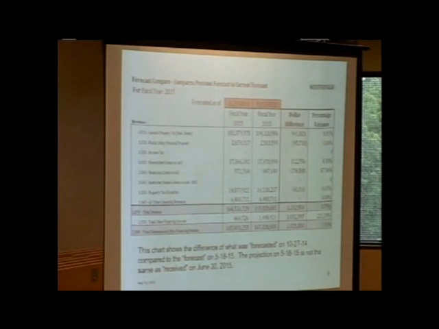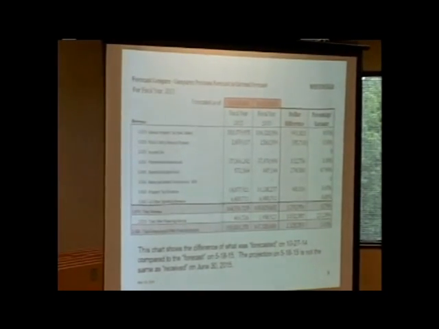Can I interrupt? Sure, absolutely. I'm sorry, I just wondered if you have any idea why State Teachers Retirement gave back $500,000. Well, it had to do with a lot of retirements. What we do is a projection of salary throughout the year. You don't know who's going to retire, so you basically pay it up front. When it's all done, they do a true up to see what you overpaid and what you underpaid.